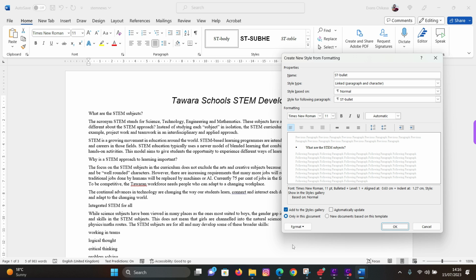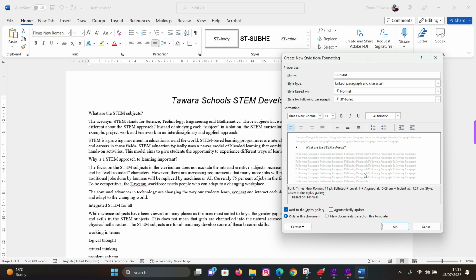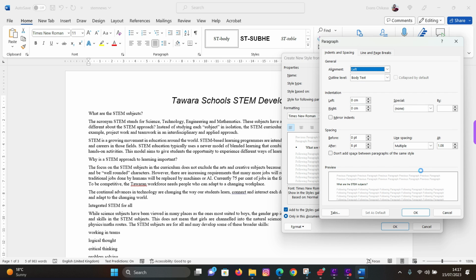The next thing that we are supposed to look at is 0 space before and 0 space after. So I'm just gonna come here and set this to, let's go to format and then paragraph, and then set this to single spacing, and then set it to 0 space, like that. Okay, so somebody would ask, but why did we change the hanging to